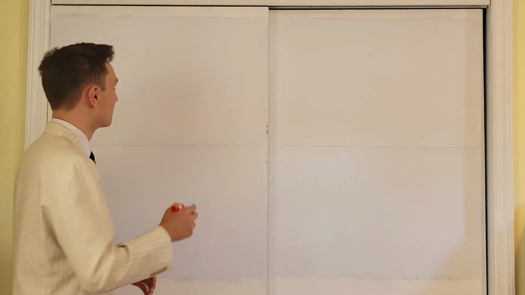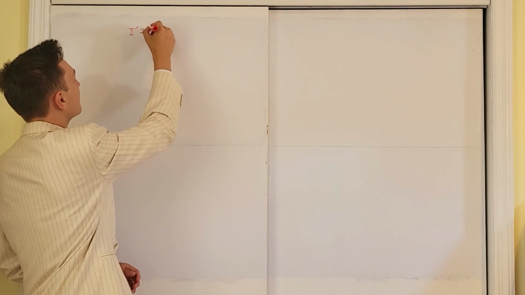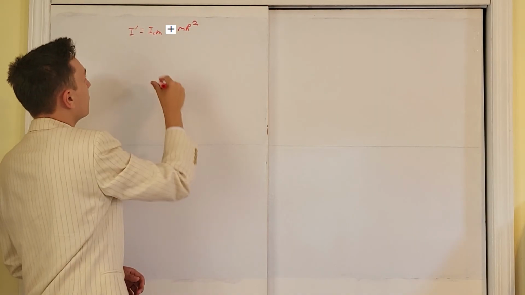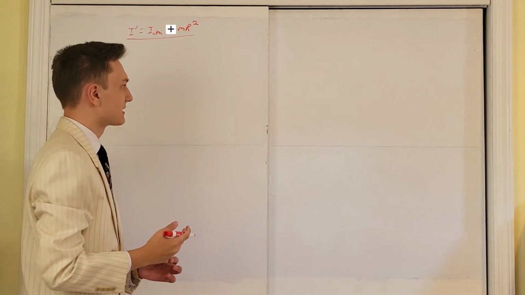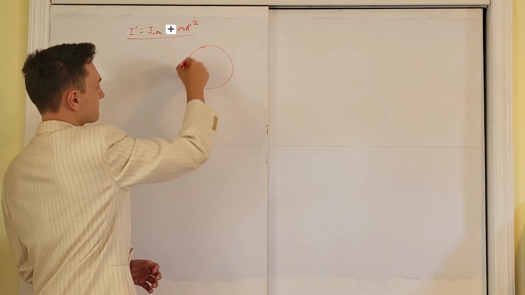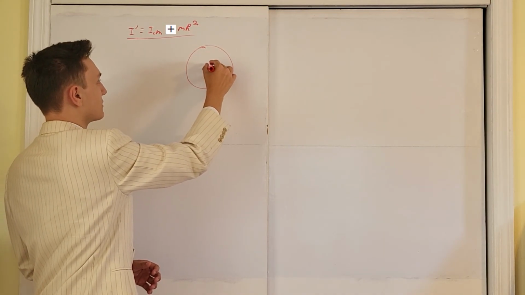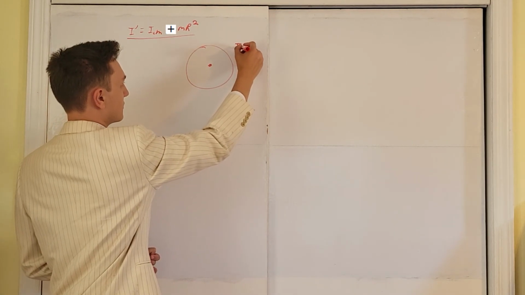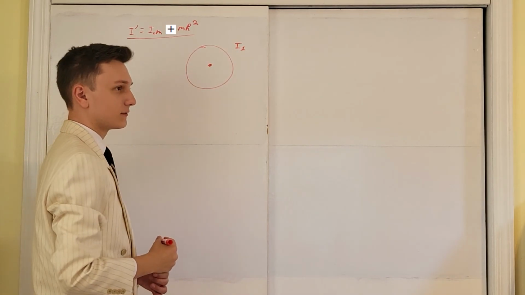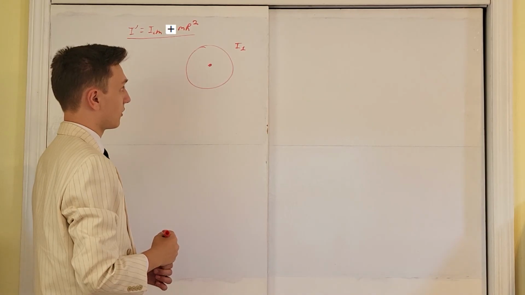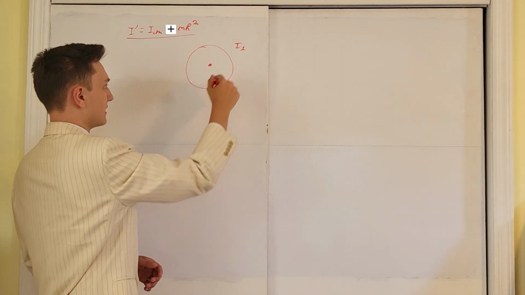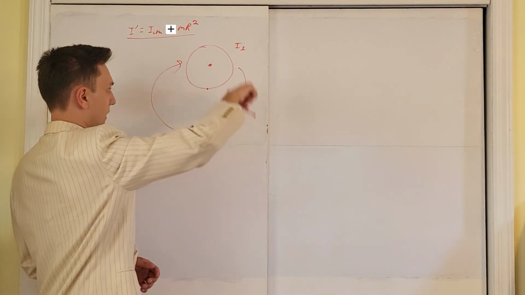One more thing before I let you all go, it's the parallel axis theorem, the final equation of rotational kinematics that we have on our equation sheet, this, okay? What does this mean? It means that, let's say we have a circle that would otherwise be rotating around its center of mass, and when the circle is rotating around its center of mass, it's going to have some moment of inertia I1, okay? Now, if instead we wanted to rotate the circle around a different axis, let's say we wanted to rotate the circle around its edge such that it was spinning around and around like this,